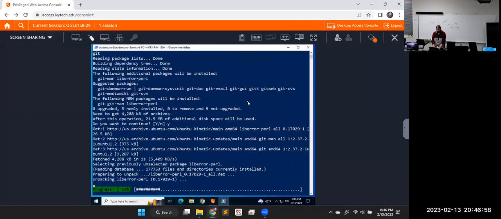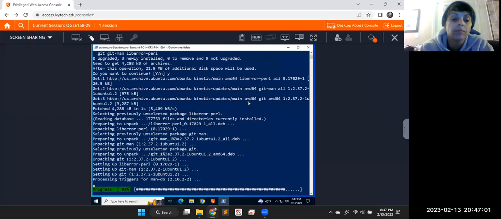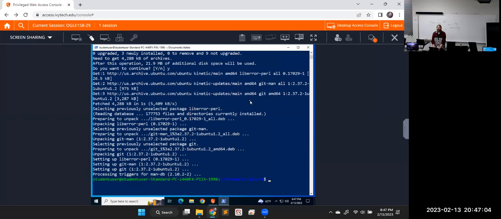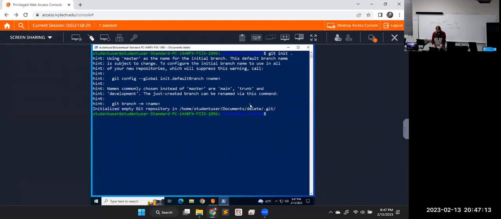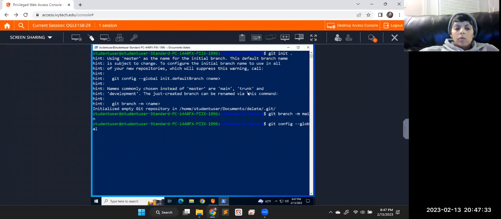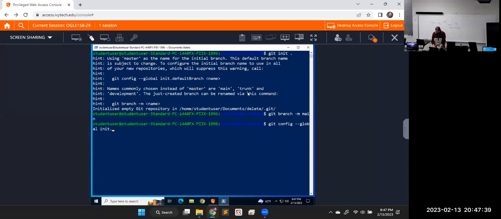Now it has Git. I was just going to run that same Docker container we just created, since I'm already on here on a Linux machine. So if I go to Git, edit this folder. Alright. Branch dash m. I need that global. Big dash dash global. Init default